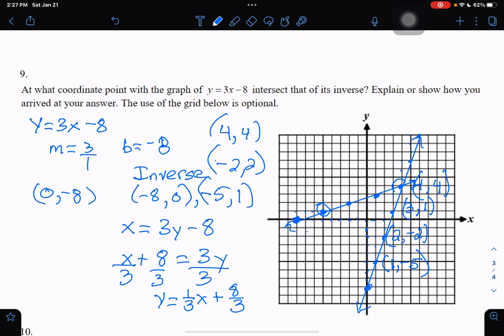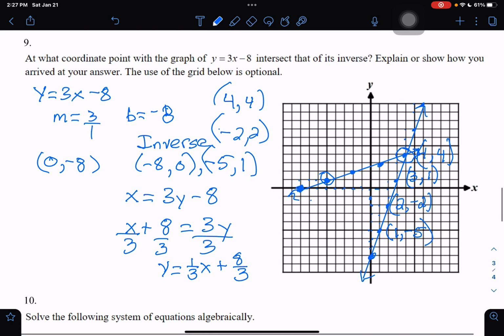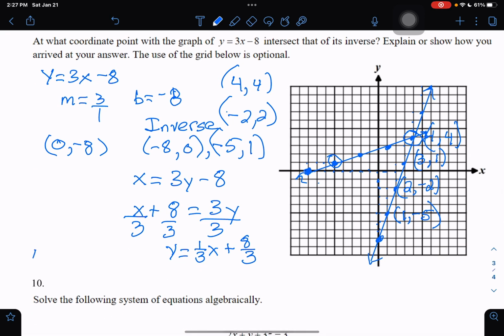So it's this point here, which is (4, 4). All right, so the intersection is at (4, 4). So that would be our answer. So that's where the graph of the line and its